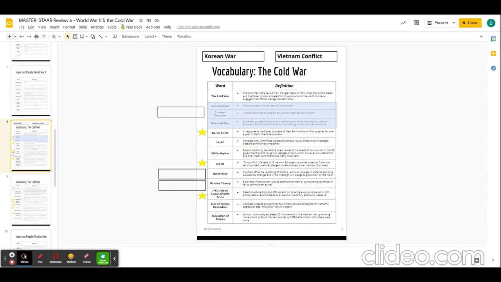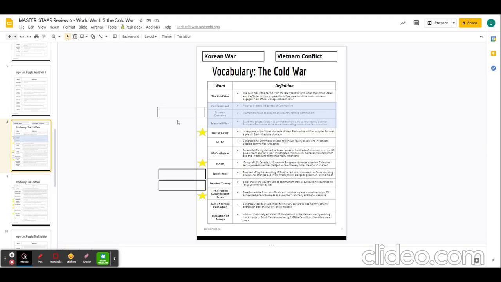All right, let's dive into the key vocabulary about the Cold War. Now remember, slides 8, 9, and 10, all of these terms and people are fair game for the STAR test. You should be familiar with all of them. So again, however it works best for you to go back and review these terms, flashcards, lists, whatever works best in your brain, you need to be familiar with all of them. But we are going to emphasize some of the ones that you are most likely to see on the STAR test. So once again, we have the key definition of the Cold War that we just went over.